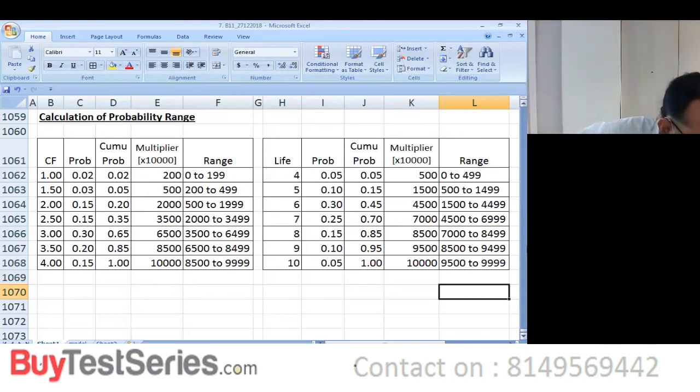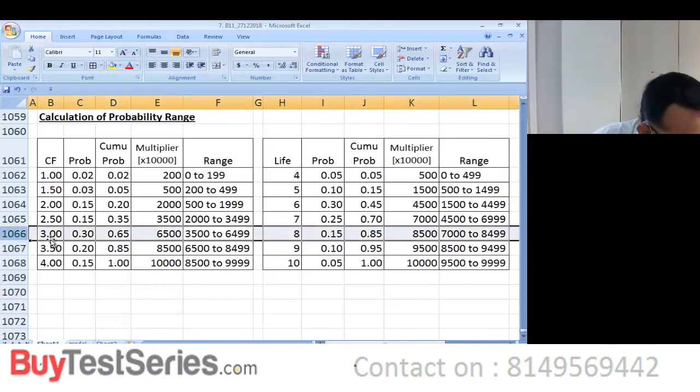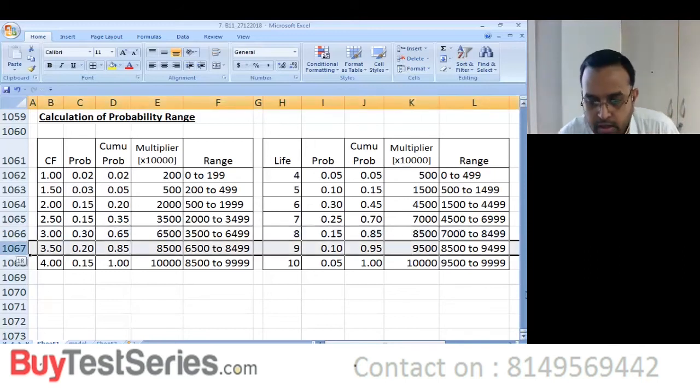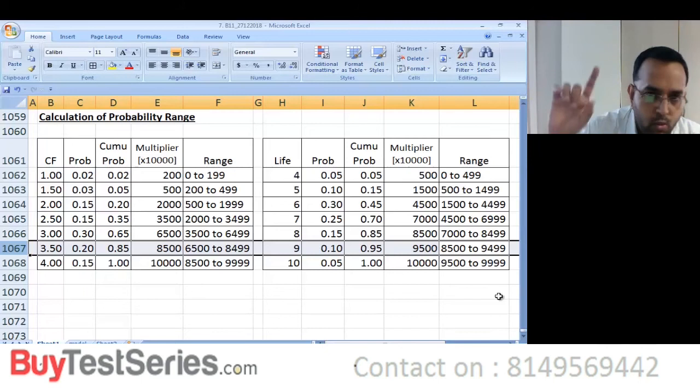Guys, can you look at the first set? First set, what are all the random numbers? 6375 and 8858, which means what cash flow, what life? 6375 is here, 3 lakhs cash flow, and 8858 is 9 years. You will get 3 lakhs cash flow for 9 years. That's what it means. So present value annuity factor for what is the discount rate here? 11%, 9 years, multiplied by 3 lakhs. You get the present value of inflow minus initial outflow of 13 lakhs. So you'll get the NPV, right? I'll do it for one set and you can repeat it for all the other sets, right?